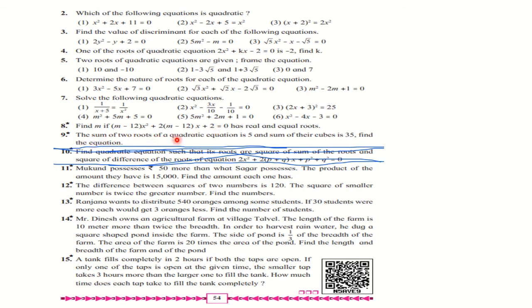Then the sum of two roots, and here the word problems are starting. From that, question number 10 is cancelled, not 11, only question number 10, which is a little bit different and is based on the relationship between the coefficients and the roots. So that particular question number 10 is cancelled, and nearly all the remaining questions I have discussed when I completed the chapter. So this way you are going to revise chapter number 2.